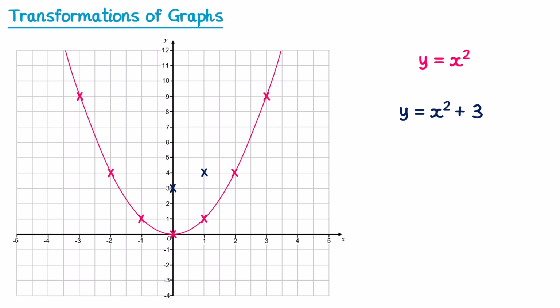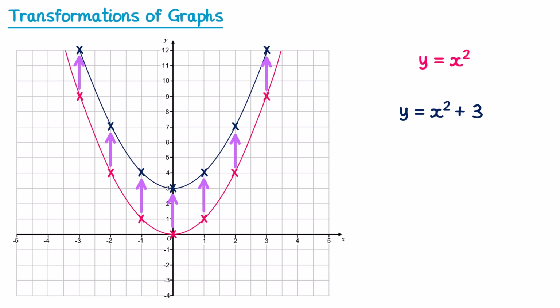If we carry this on with x equals 2, we get the point 2, 7, and then when x is 3, we get 3, 12. And as before, when we substitute in the negative values, we get the same y values out. So the graph of y equals x squared plus 3 looks like this. Notice how the point 0, 0 moved up 3 units to the point 0, 3. And in fact, all of the points on the red graph moved up 3 units to the corresponding point on